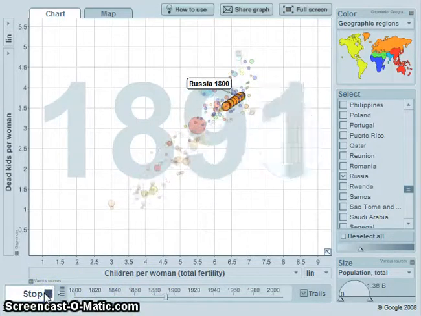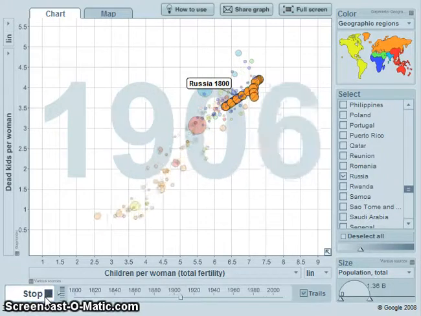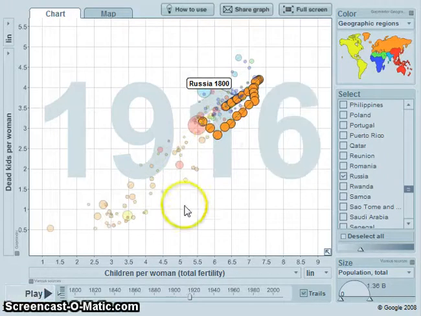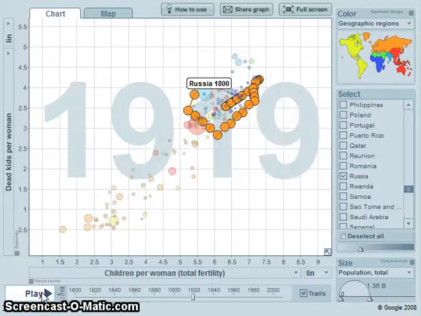In 1892, there was a famine, and that is the lurking variable that causes an increase in children per woman. This causes increased child deaths because there are more children to die. And in 1914, the deaths increase and the population of children decreases. The lurking variable for this is World War I.